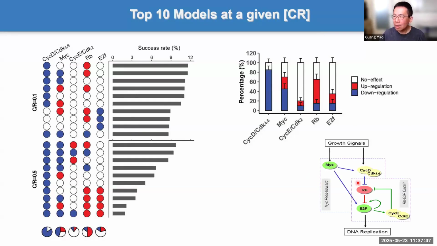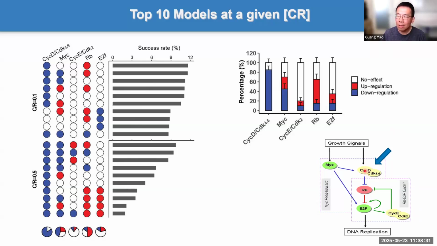All right, what that means is this is the most likely missing link. So the RevERB, from the modeling through all this random search, will most likely target this module to drive deeper quiescence, meanwhile maintaining the bistable switch in our system. Okay, let's see if that's the case or not. But that's interesting to us because cyclin CDK is not only a missing link from both CRY and RevERB, and also one of the 2 cyclin CDK complexes can regulate RB. Cyclin D can do this, cyclin E can do the same thing.